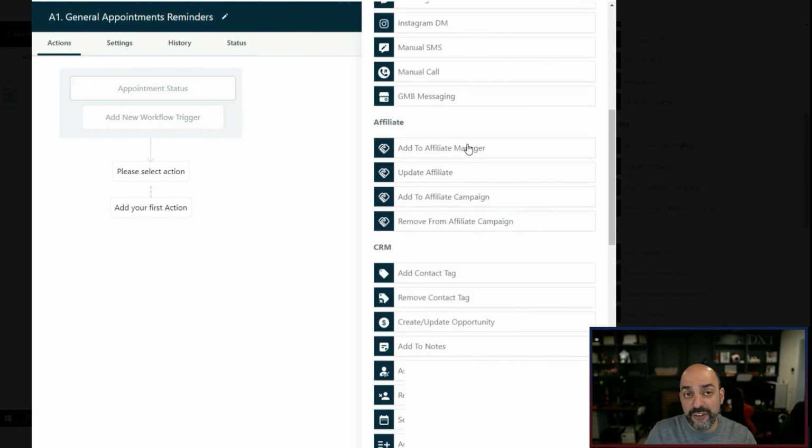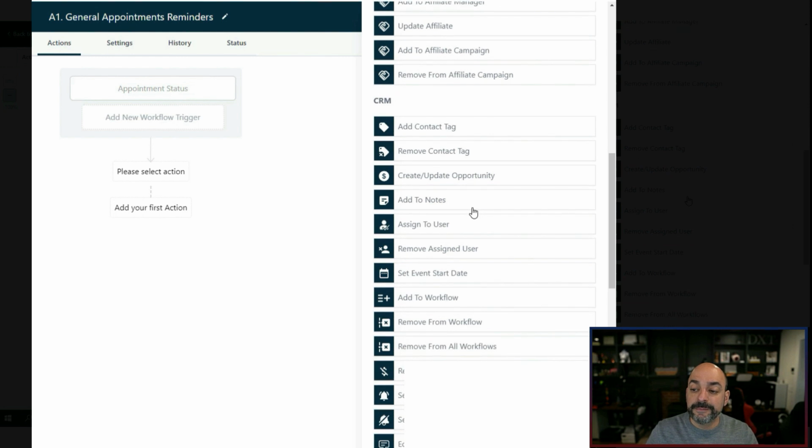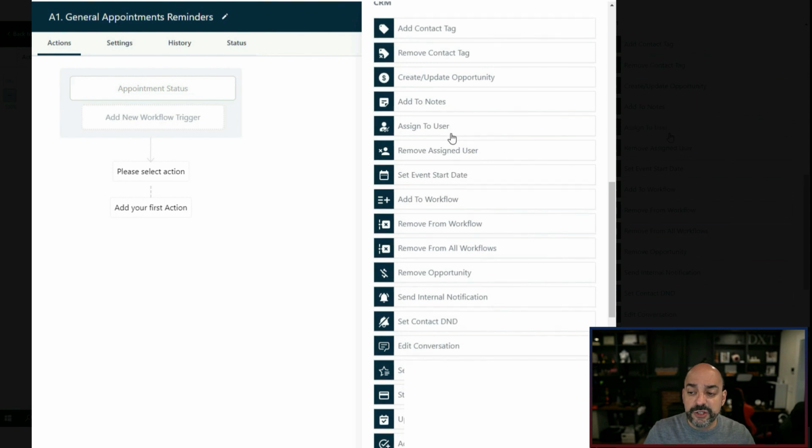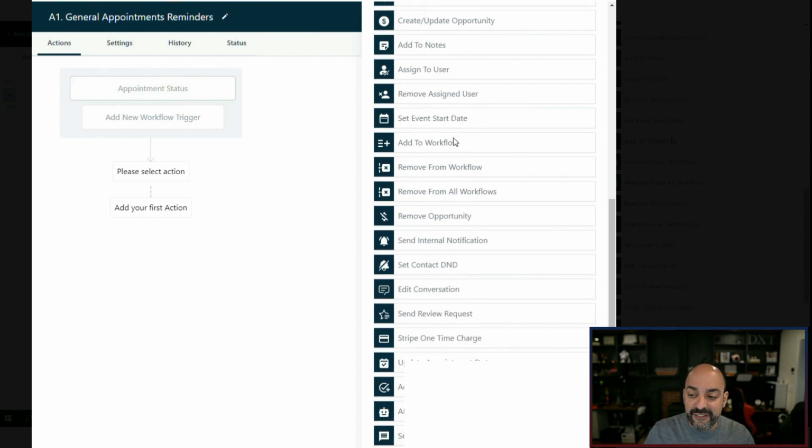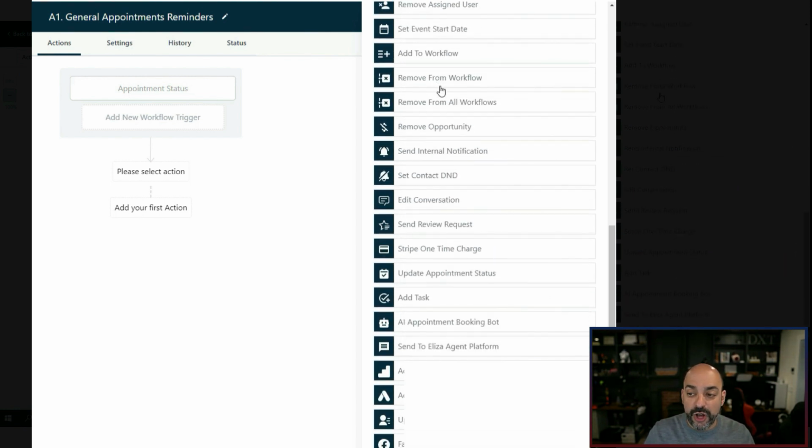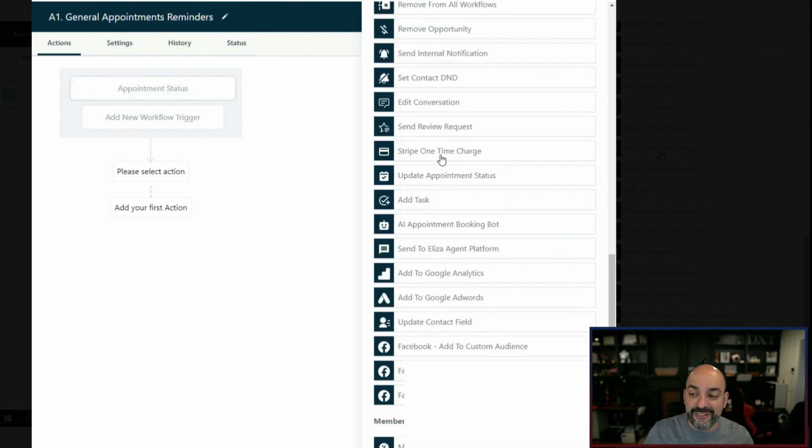This is all the affiliate manager stuff. You can add one to the affiliate manager. So if somebody fills out a form, you can add them to the affiliate manager, update the affiliate to active, add them to a particular campaign, or remove them altogether from all the affiliates. The CRM: adding a tag, removing a tag, updating an opportunity, adding a note, assigning to a user, removing assigned user, send an event start date, add to workflow. Look at all these. Remove from all workflows, remove an opportunity, send an internal notification, set DND, edit conversation, send